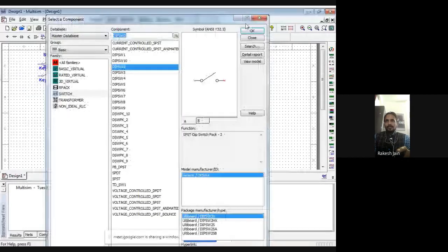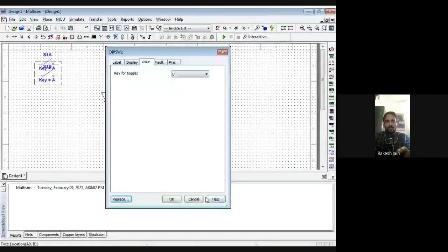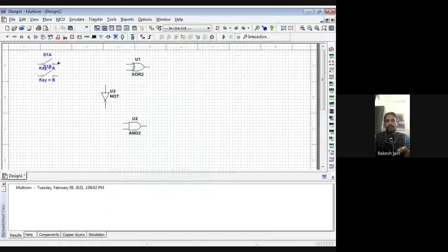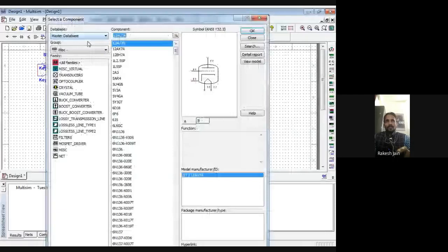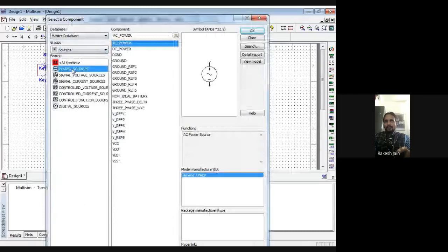How are the connections made? There are two inputs to this XOR gate. So the two input lines we draw via switches. That's why we go to Basic, then click on switch, then two input switch. So one input as A and one input as B, just to give the names.